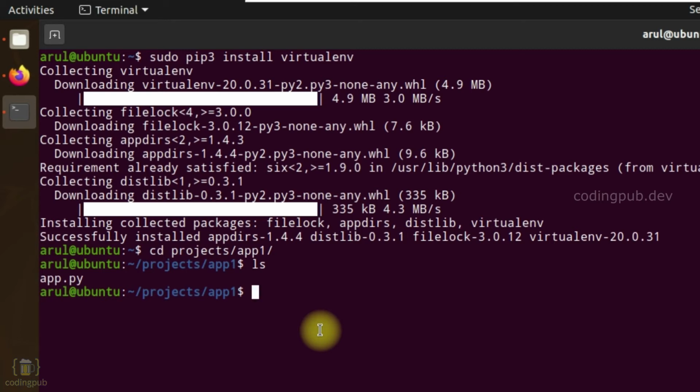To create a virtual environment, you need to type the command virtualenv followed by the virtual environment name. You can choose any name you want. In my case, I'm going to name it app1.